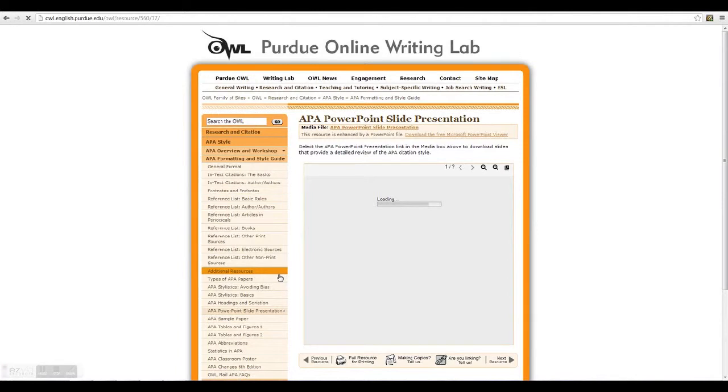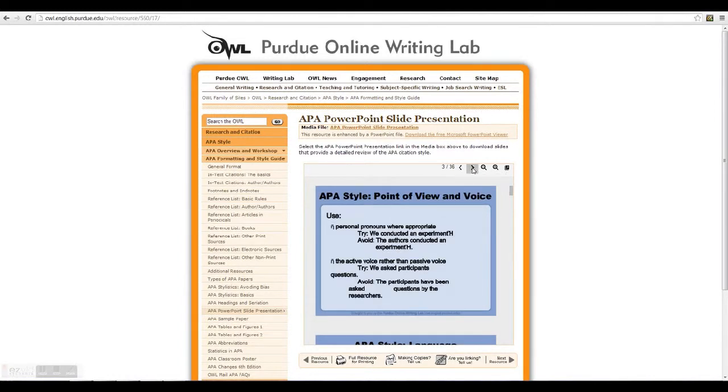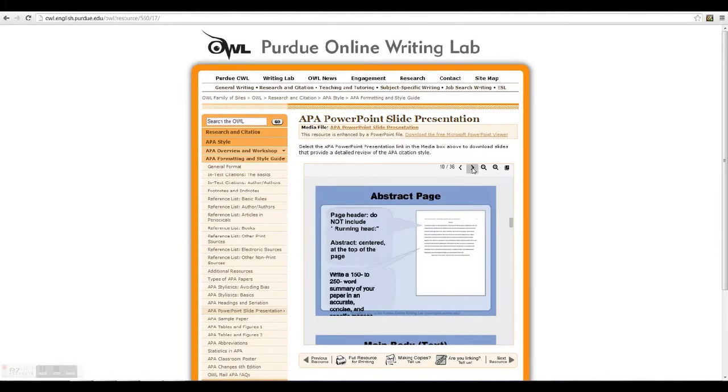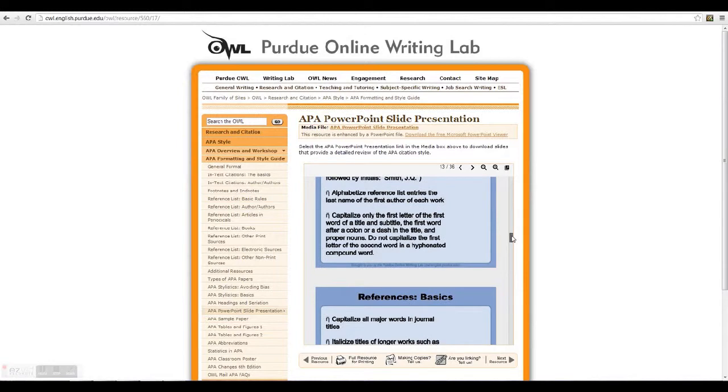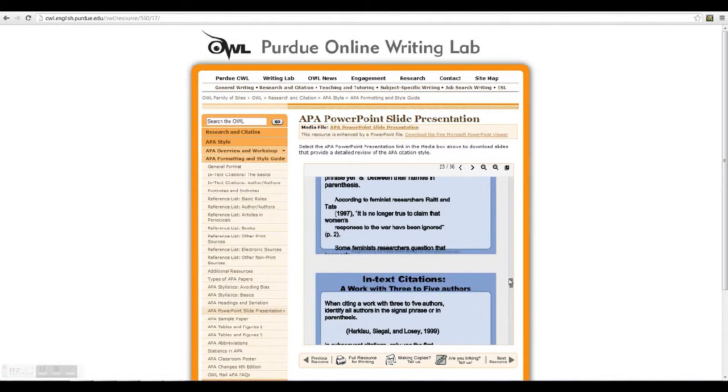Now let's take a look at the APA PowerPoint slide presentation. This is a quick 36 slide presentation on using APA, types of papers, general format, and you can easily click through here or scroll down like this. I find, however, that all of the information in this PowerPoint presentation is covered in these side sections, and it's significantly easier to find that information going through these sections than going through the PowerPoint